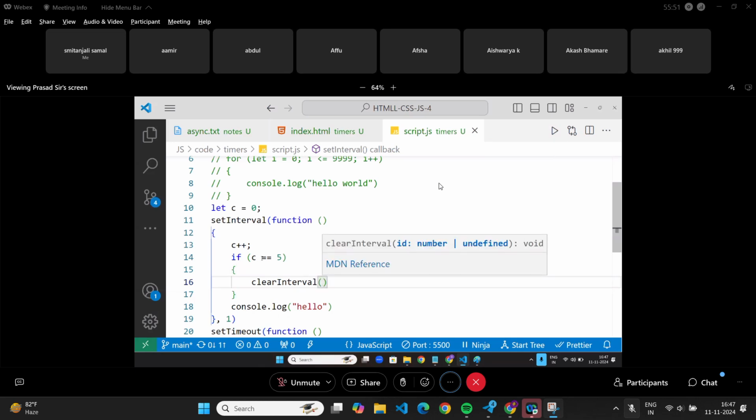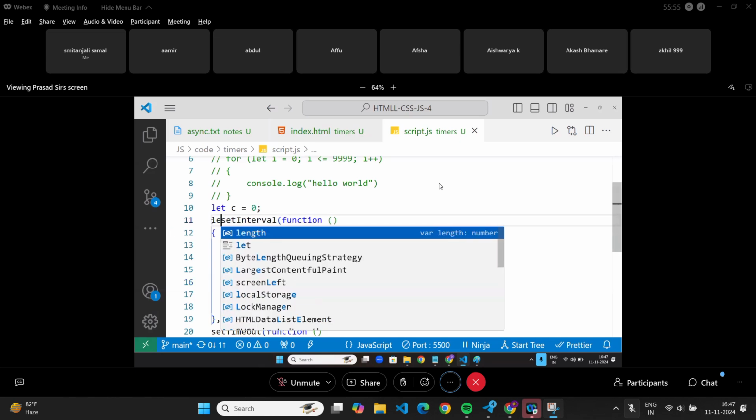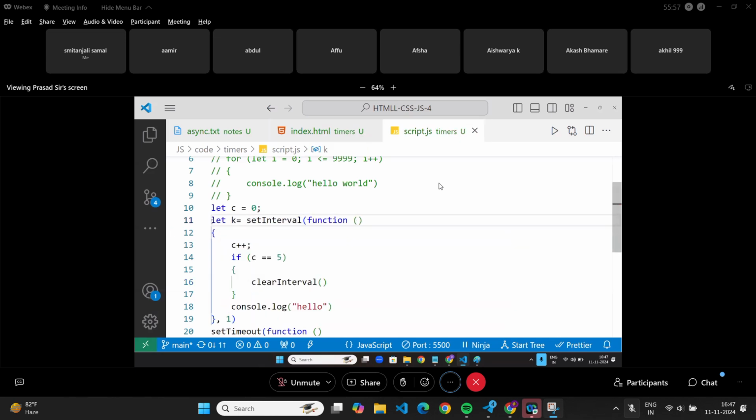You have to define it. Let this whole set interval have a name. If you remember, functions can be treated as a variable. So this whole set interval, I'm giving a name called K. And I will say clear K. When will it stop, sir? At 5.